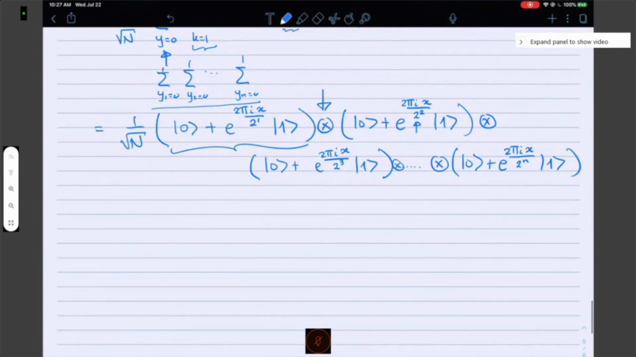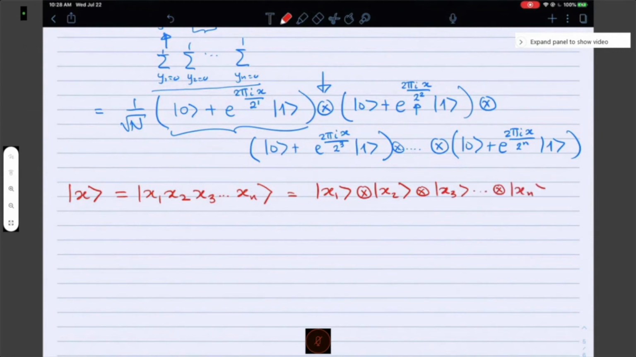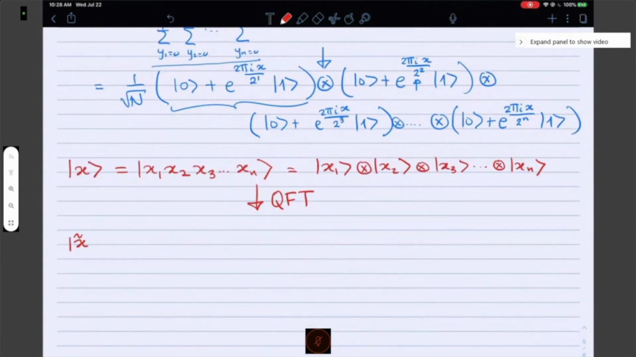All of this calculation can be boiled down to, we went from x, which really is just x1, x2, x3, and so on up to xn in binary. And really, that's just x1 tensor product with x2, tensor product with x3, and so on, all the way up to xn. We've taken that, applied a quantum Fourier transform, and we've ended up in a new form that looks like x tilde, which is 1 over square root of n,